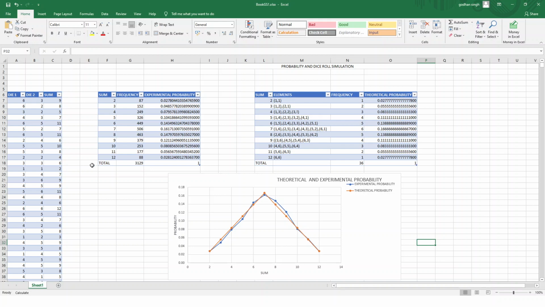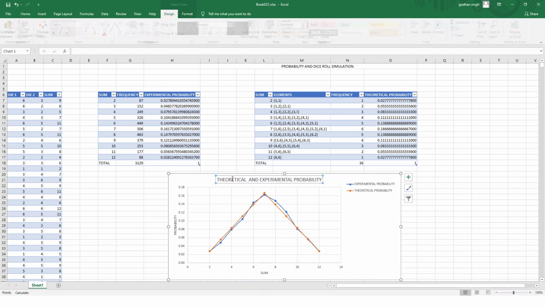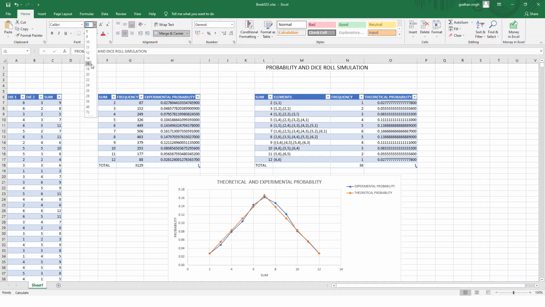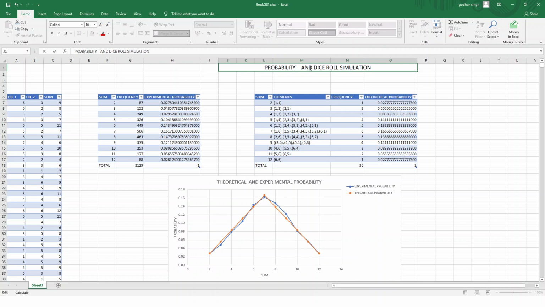So that we will do. We'll just increase the number of trials, but before that let's just bring this to the center. And also let us color this one, so that will be a nice thing. So we can increase the size from 11 to say 16, and color we can give any. First let us just increase the space between the words here. So any color of your choice.